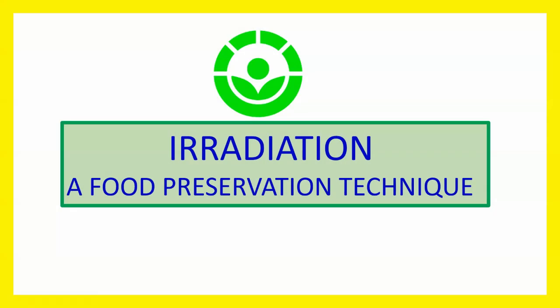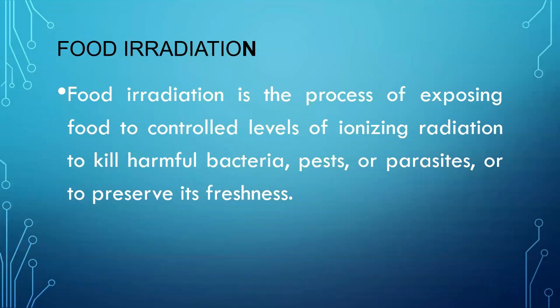Going to discuss irradiation, a common food preservation technique. Usually, we use food irradiation to improve the shelf life of cereals, pulses, legumes, oilseeds, nuts, fruits, and vegetables. Food irradiation is the process of exposing food to controlled levels of ionizing radiation to kill harmful bacteria, parasites, rodents,